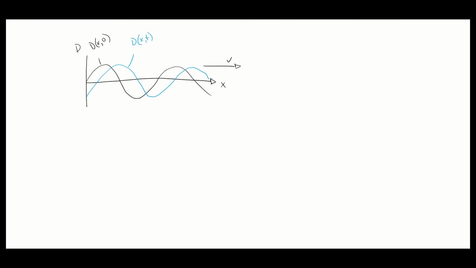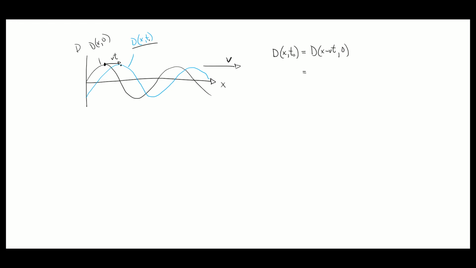Now, what's the difference between these two plots? Well, this displacement as a function of position at some time t naught is just the displacement at t equals 0 shifted by some amount vt, right? To write that mathematically, my displacement as a function of position at some time t naught is equal to my displacement as a function of position minus vt, so just shift that function to the right by vt at t equals 0. Those two have to be equal by just knowing how that wave moves.